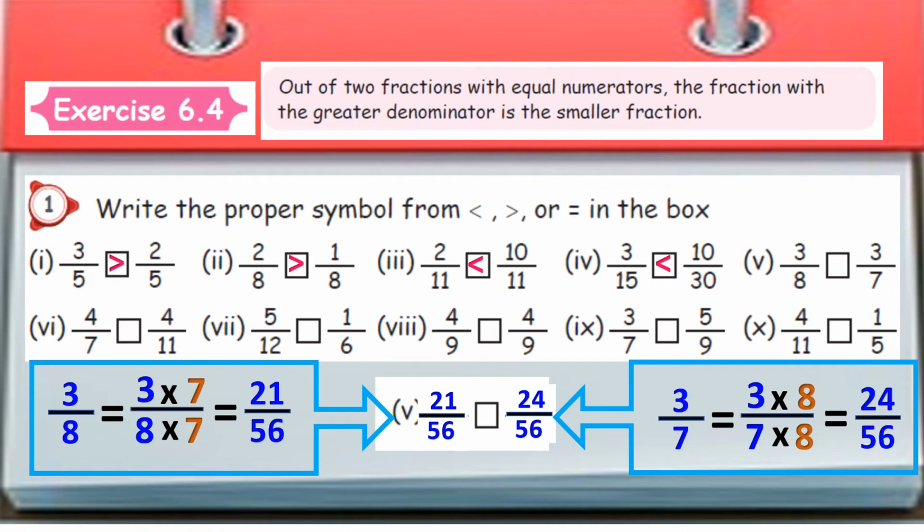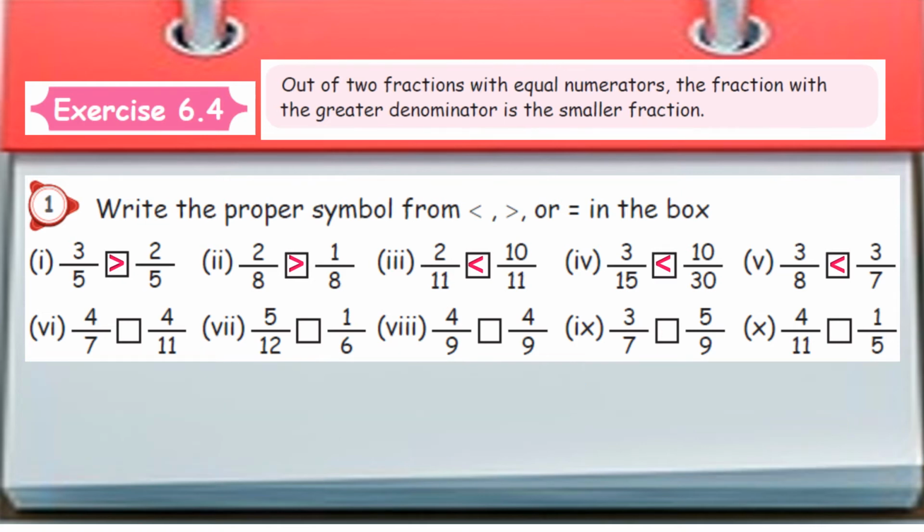Okay, our first work is completed. So it's easy now, isn't it? We have the same denominator and now we have made it a like fraction, so just compare the 21 or 24. Sure, it's 24 only that is greater. So open the mouth that side. Right. So now it's easy for you, isn't it? So denote that symbol in that fifth sum also. Let us move to the next one.